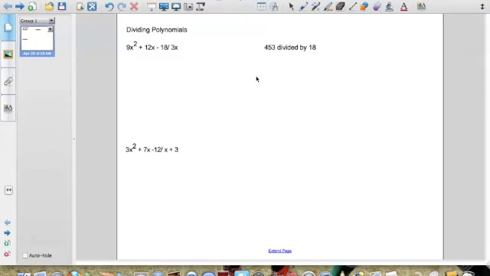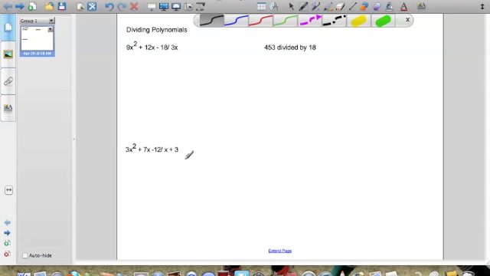Polynomials. Now earlier, when we had multiplication and division of rational numbers, anything that was a fraction and we were dividing by a fraction, we just multiplied by the reciprocal. In this case you're actually going to divide, and we're going to go back to long division. You can see the second problem I'm going to do doesn't even have any